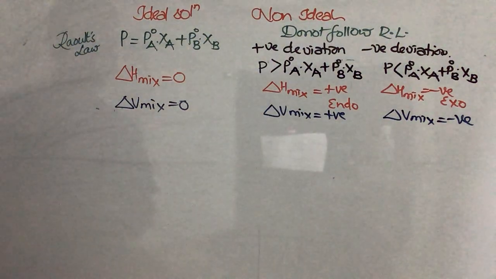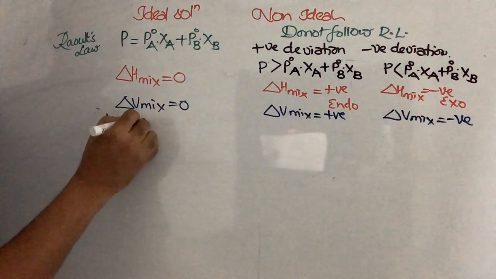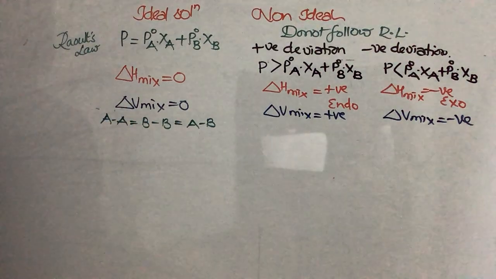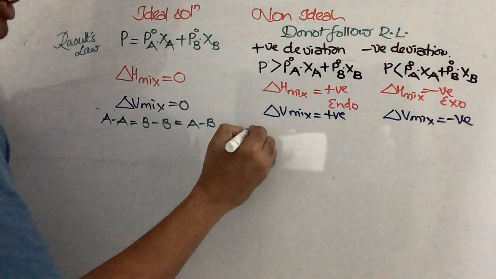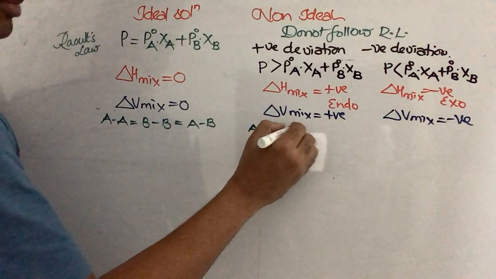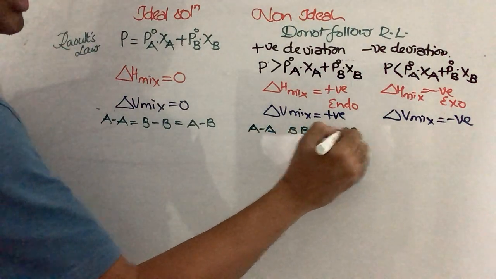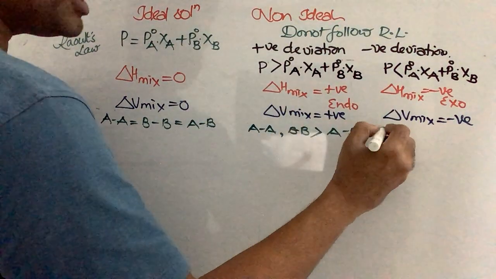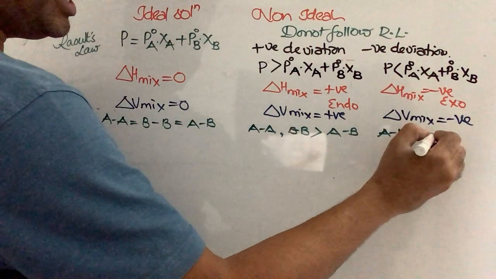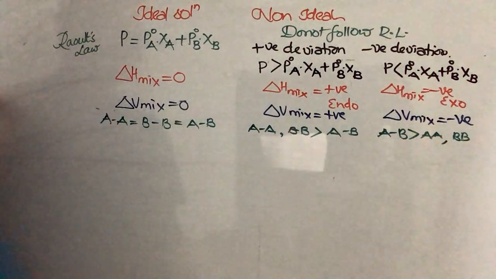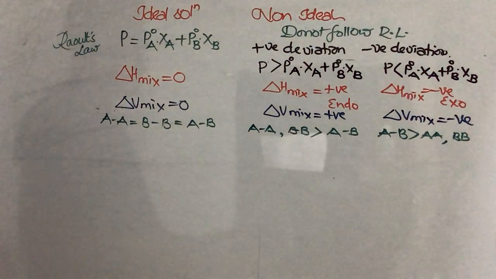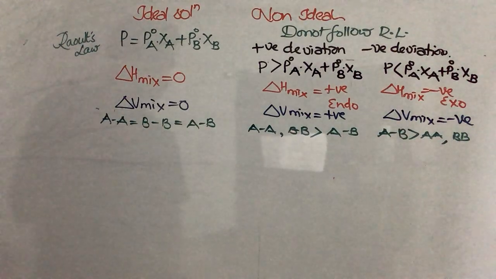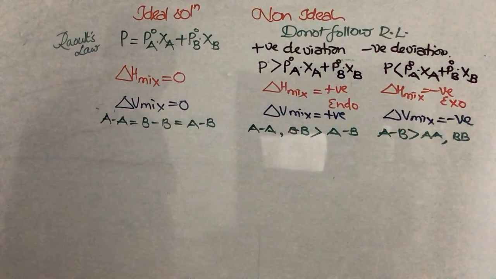In this case, the AA attractive forces, BB attractive forces and AB attractive forces are going to be the same. That's why it is an ideal solution. Positive deviation means that when you compare AA and BB attractive forces with AB attractive forces, the AA and BB attractive forces are going to be more. In this case, reverse: AB attractive forces are going to be more than AA and BB attractive forces. When more attractive forces are there, they come close. When they come close, obviously energy will be released, volume will decrease, and molecules do not easily move into the vapor, so the pressure is also less.